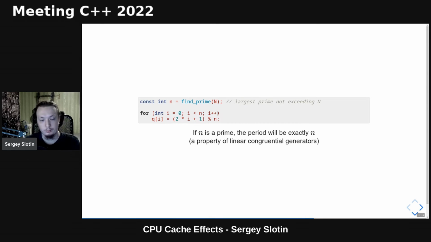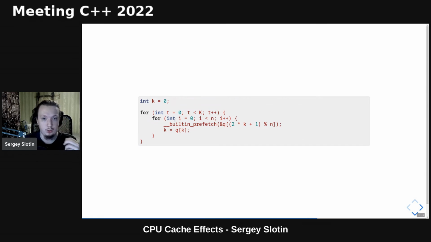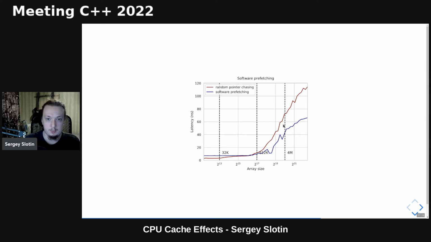So we get all the properties that we want. It loops around the entire array. It is too hard to be predicted by the hardware prefetcher, and we can also compute it easily in advance. If you generate the permutation using this LCG, we get the ability to pick ahead. And if we prefetch one iteration in advance here, the latency becomes almost half of what it was for large